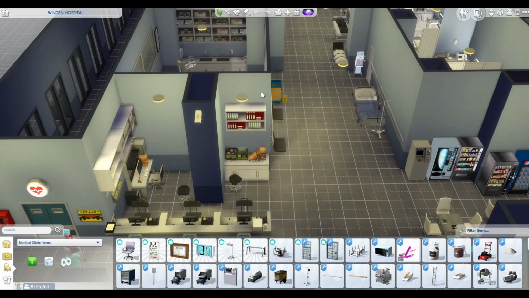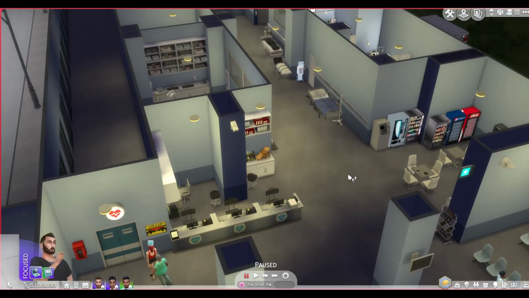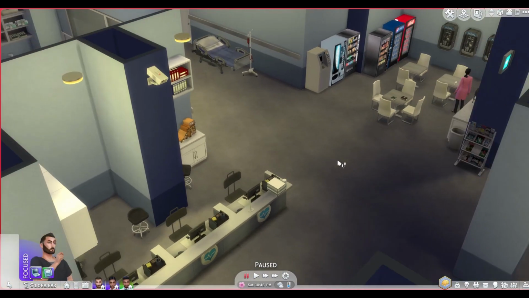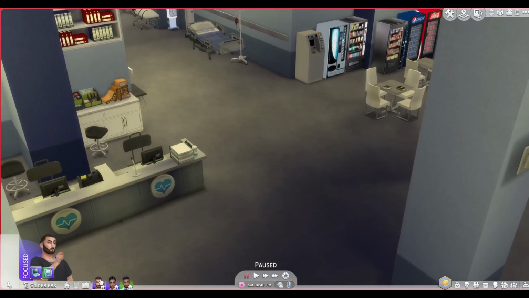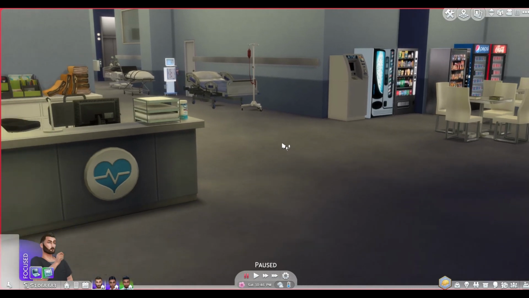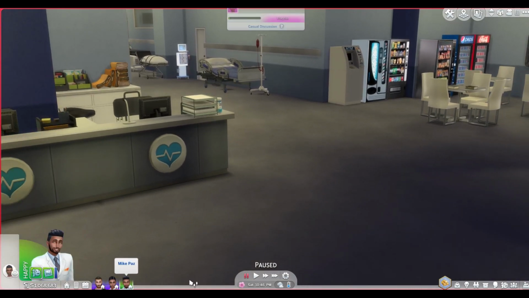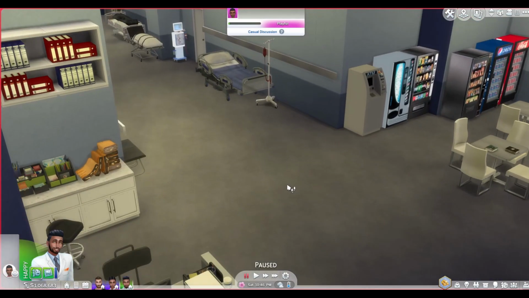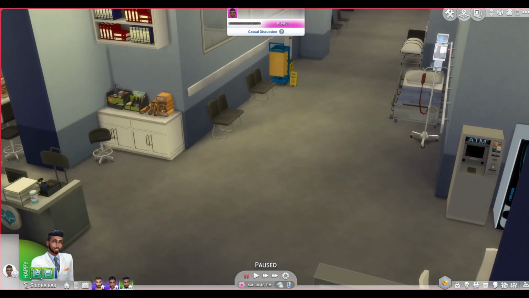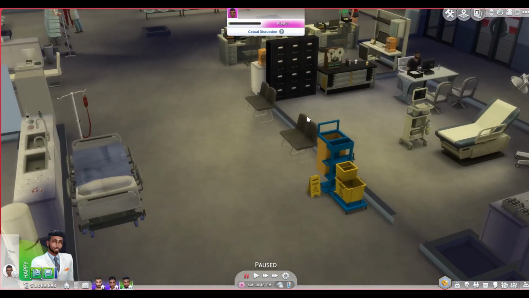And that is your functional hospital ready to go. And I'll show you the other mods that I'm using and what they do. So we're set. We've got our household, we've got the mods in, we've got the lot. The next thing you would do is just visit the lot and have one of the people in your household go to a computer. Now I tried these computers, they didn't function very well, so find a functional computer, and